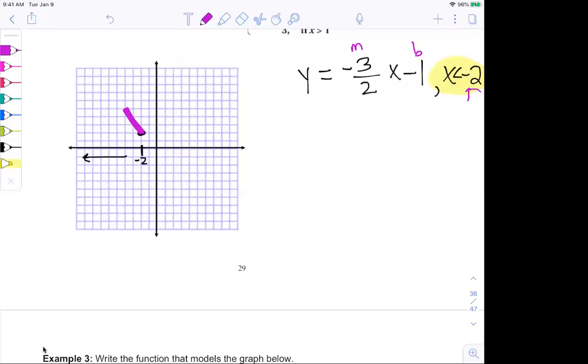So think about the pictures we saw yesterday when you were writing those domains. Jaden, how would I show that in my graph if it's just less than negative 2? An open circle. So I'm going to go to where it is negative 2, and I'm going to make it an open circle. And then I'm going to connect that piece of the line. So it's an open circle because it just says less than. It doesn't say equal to. So now I have a piece of my line.